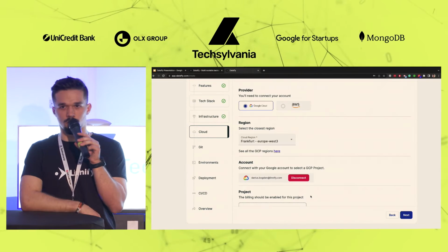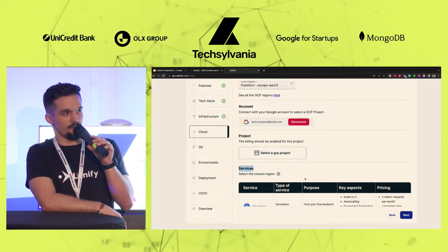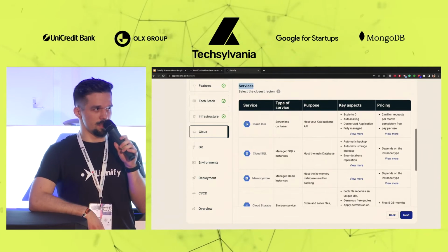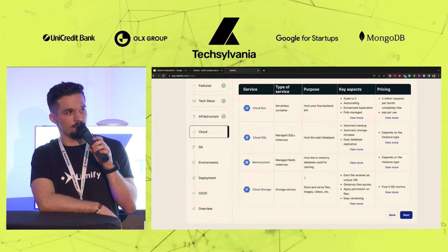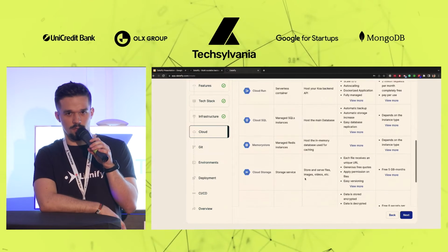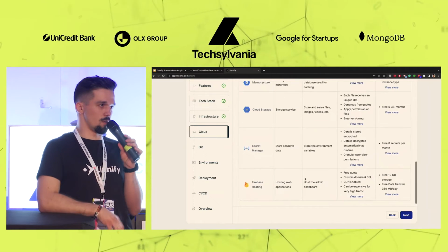It gives access to your Google Cloud Platform account, and then you can select the project. At the bottom, we can see the services that Datafy is going to deploy for you. Because we selected the serverless approach, it's going to create a Cloud Run instance for your backend, it's going to spawn a Cloud SQL instance for your main database, it's going to use Memorystore for Redis, Cloud Storage for storing the files, Secret Manager for storing all the secrets encrypted in the cloud, and Firebase hosting for our admin